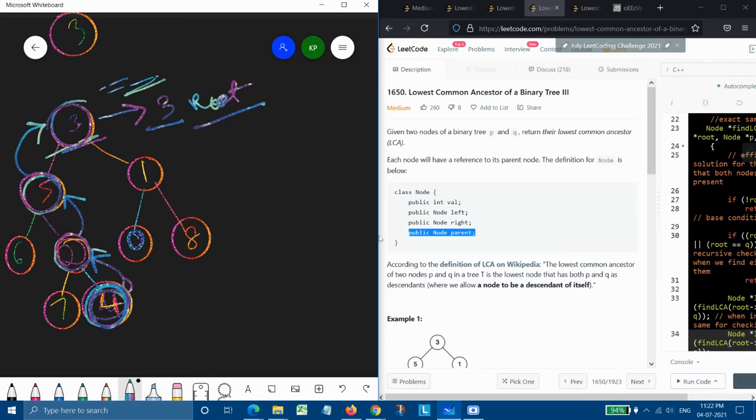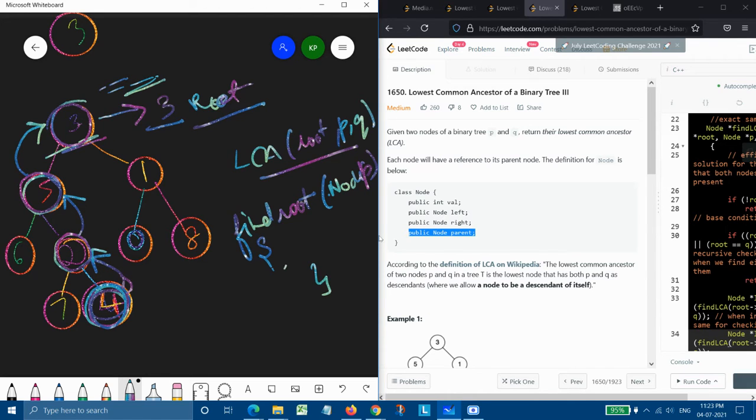See, the way we were earlier finding the LCA when we were given root, P and Q, we will be finding it by that only. But this time we'll simply make one more function, a find root function, in which we'll pass this node p, and whatever will be returned, we'll return p, and this p will basically be the root value.